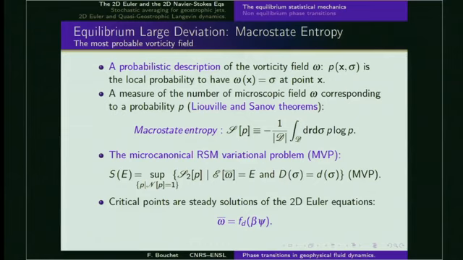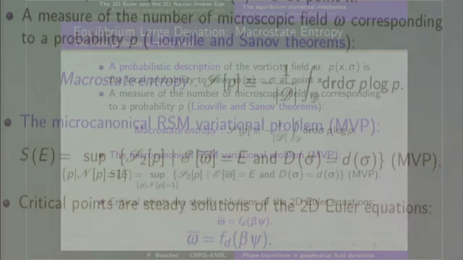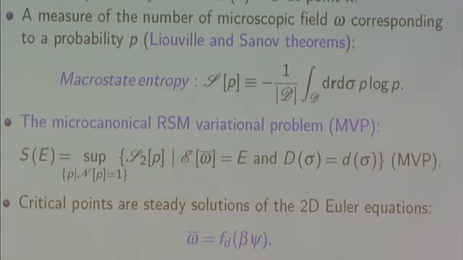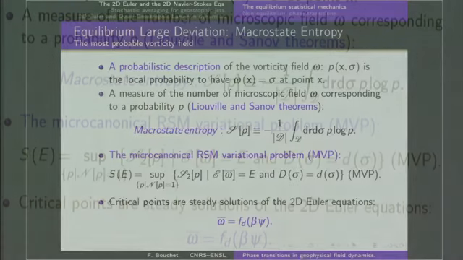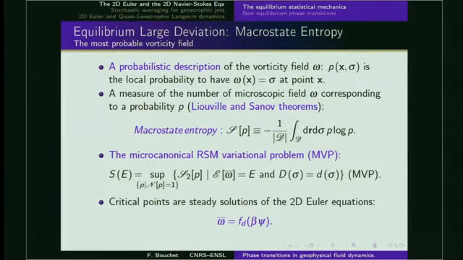So then the point is that the probability concentrates close to the supremum of this S with given constraints, which take into account the value of the invariants. And this predicts that the microcanonical measure is concentrated close to states which verify such an equation, where F depends on D, the vorticity distribution, and beta parametrically depends on E. So basically this equilibrium statistical mechanics predicts that we will be concentrated close to steady states, just as we were seeing on Jupiter, for instance.